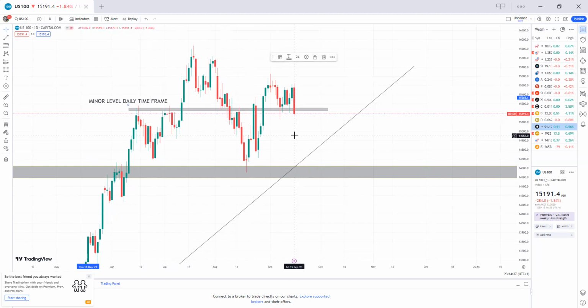So we have to label it out, minor level over there. So that is a minor level. You see, the price push up there is not really too big like what we have been seeing from the monthly time frame. So what are we clearly seeing right there? Now, price has broken down below our minor level,